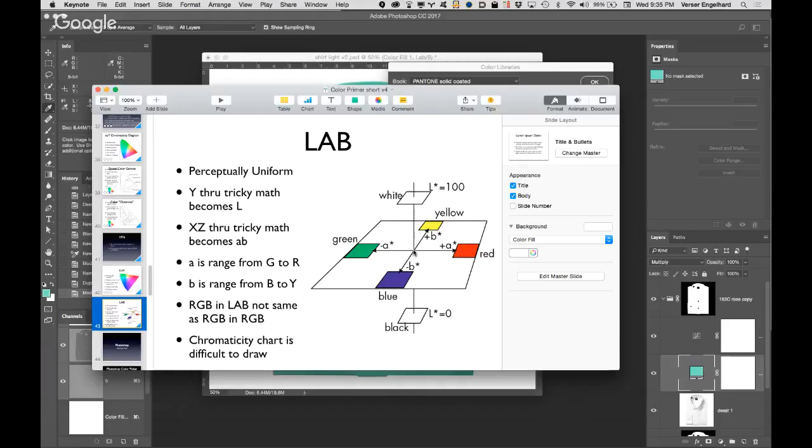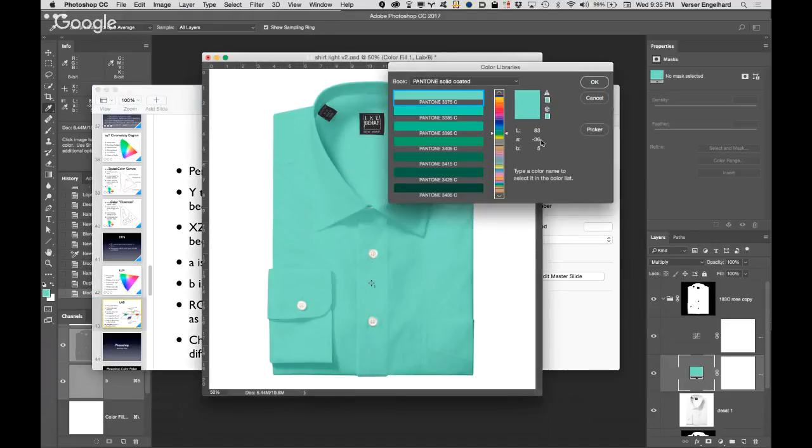The same thing happens here. As you start moving towards the yellow, it's a positive value. As you start moving in this direction towards blue, it's a negative B value. So you'll actually see that right here. So the number that we're looking for is, again, an 83, a minus. So my new number here is an L of 83,